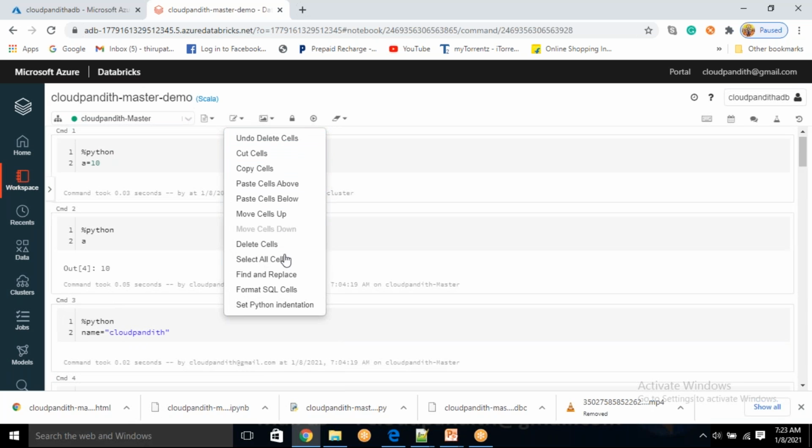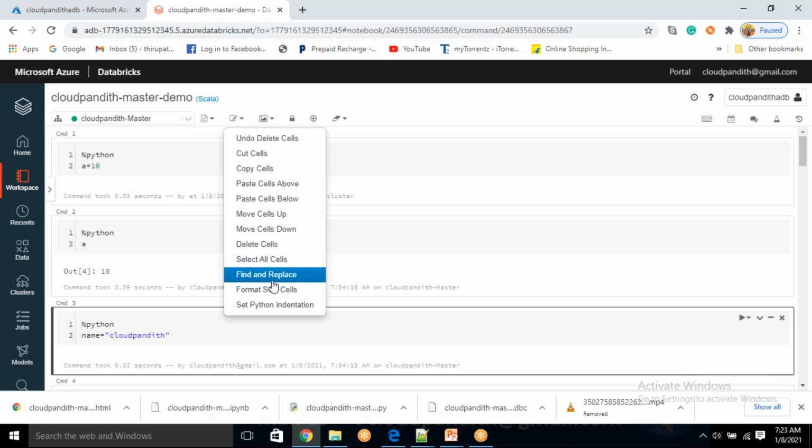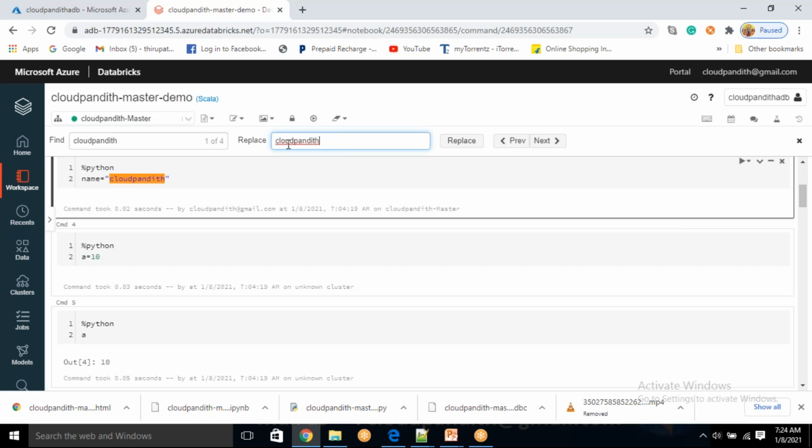Next, find and replace. Let's say I want to replace Cloud Pandit with maybe online training. Instead of Cloud Pandit, I want to replace it with Cloud Pandit online. You just say Cloud Pandit, I want to replace with Cloud Pandit online. Just say replace.